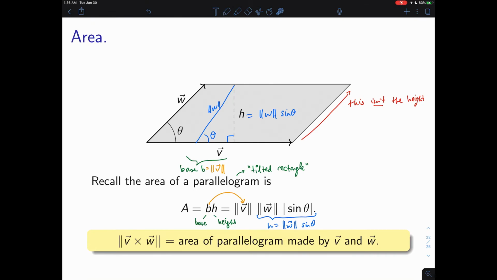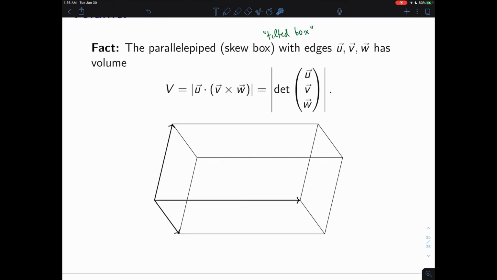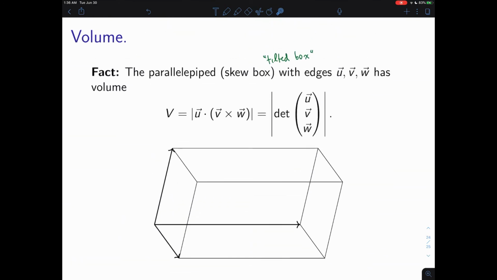Just like how a parallelogram was a tilted rectangle. So this is a tilted box, or skewed box. So if the edges coming out of one point were U, V, and W,